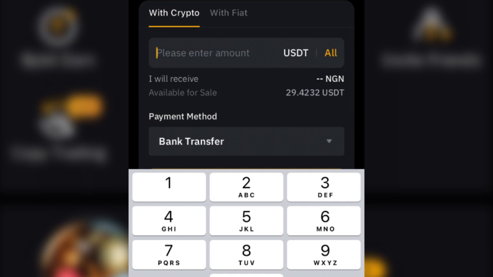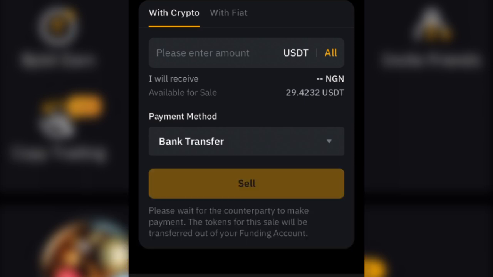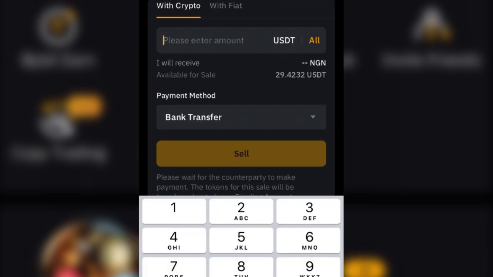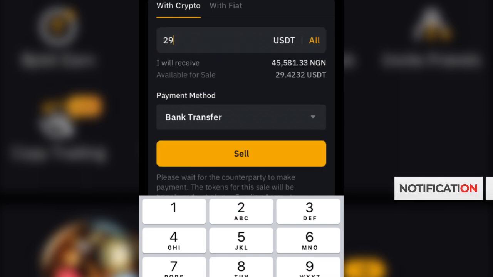All right guys, so from here you can see we are trading with crypto. First, you can see USDT, and they are asking you to input the amount of USDT which you want to sell. So the first thing you need to do is to select the quantity of USDT which you want to sell. So let's say for example I want to sell 29 USDT. You can see this is the amount I'm going to receive in naira,